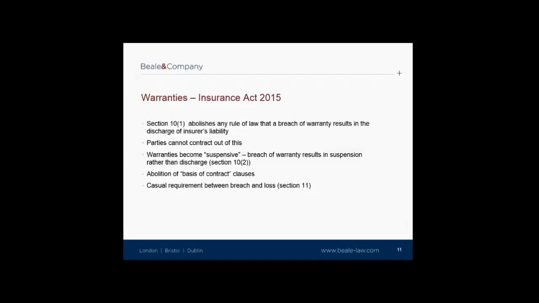The example used in the explanatory notes is a requirement that certain types of locks be used on a window, and the loss is then caused by flooding. Failure to install the correct locks would not have increased the risk of loss of flooding. Of course, if there's a breach of warranty relating to the type of locks, but a burglar broke in when a window was left open, even if it had nothing to do with the locks, the insurer should be able to rely on the warranty even though there is no causative link, since it is the same type of loss.